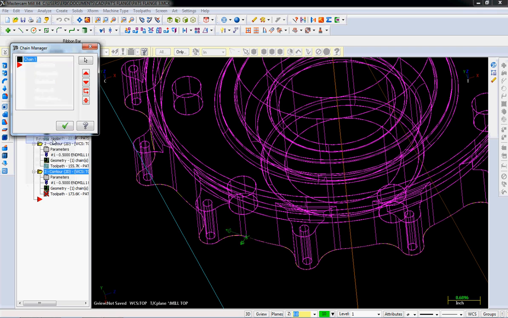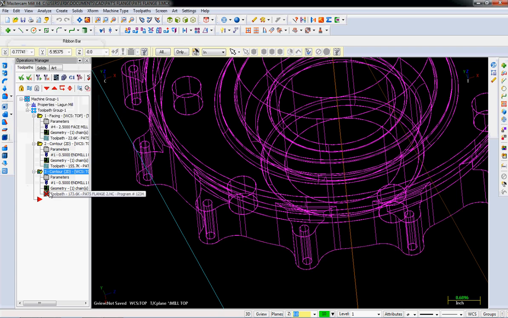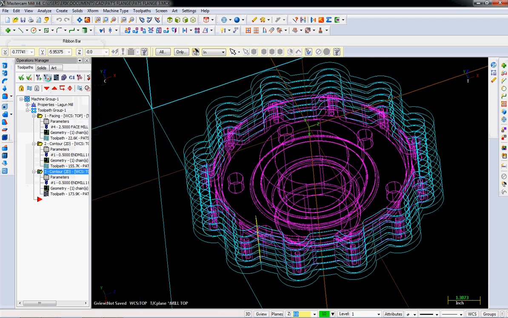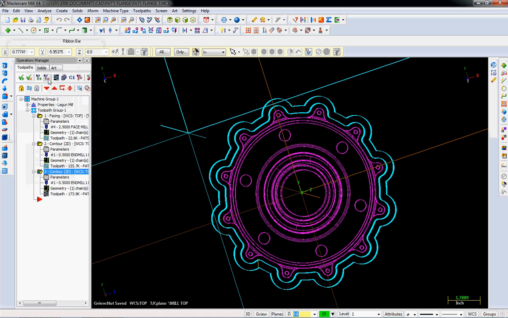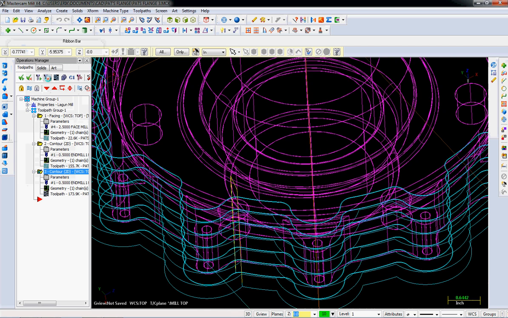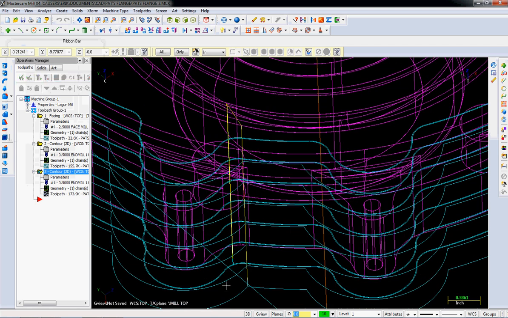So what you do is you right click on that chain and reverse chain. So that double operation of changing sides and reversing chains will fix a messed up chain. I'm going to say OK. And now we got a dirty tool path, so I'm going to regenerate my dirty tool path. And there we go. So we're looking pretty good here, except for one thing. You notice that our lead in, lead out disappeared on us because our lead in, lead out doesn't make sense